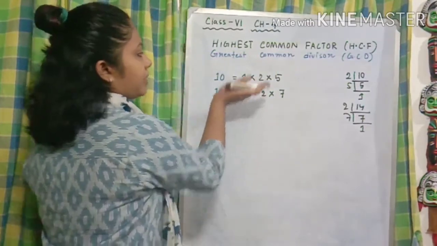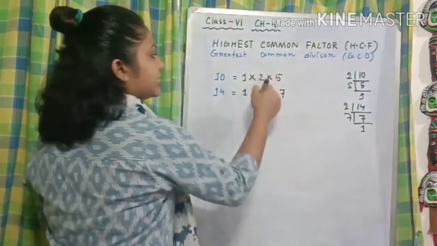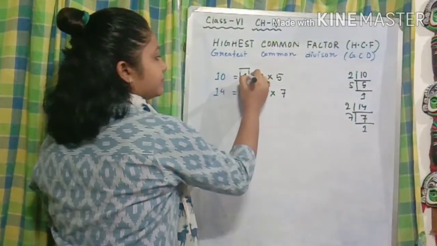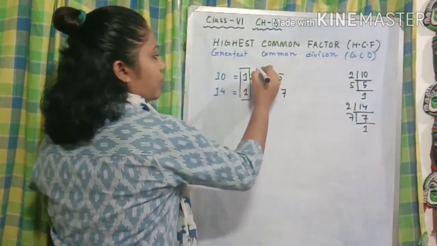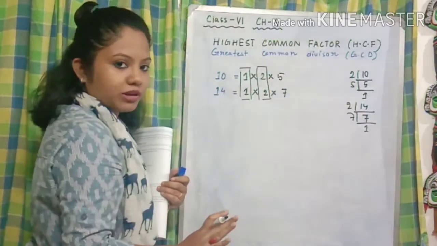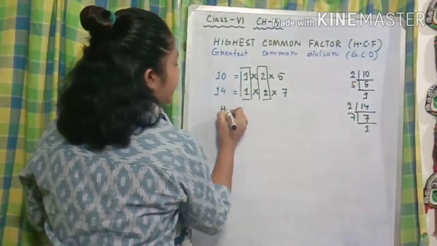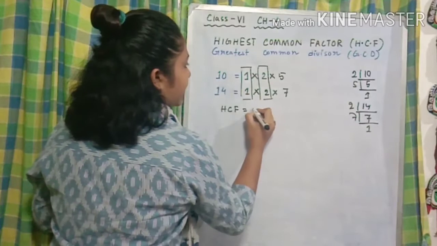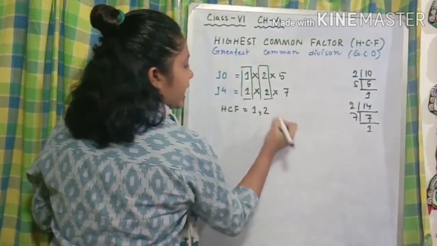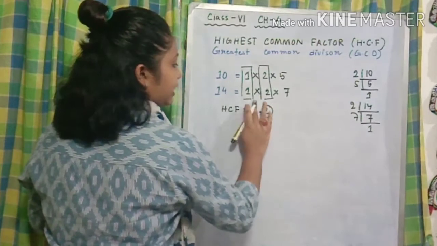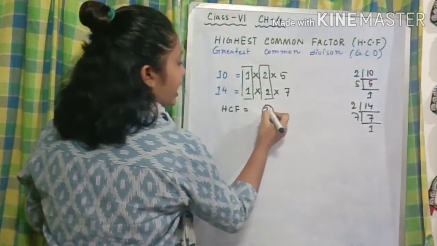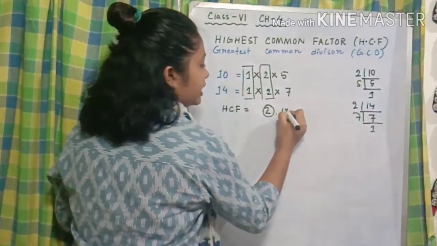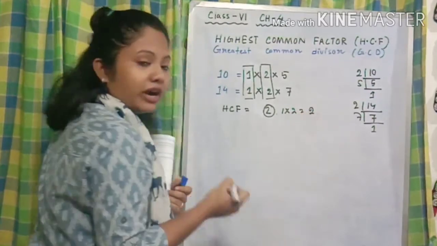Now between these two numbers, after we have split it down, just tell me which is common in between these two. 1 is common and 2 is common, while 5 or 7 is not common, right? Therefore we can say that the HCF or GCD between these two numbers is 2. Among these, 1 and 2 are the factors, while 2 is the highest common factor. So 1 into 2 gives 2, and this is how we find it out.